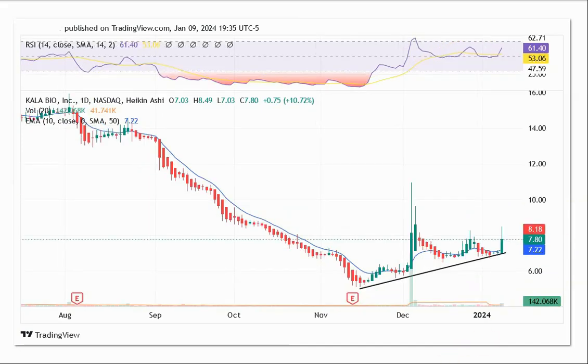Next is Kala Bio. KALA is the symbol. This stock came down from $16 all the way below $6, so a very big haircut in just a couple of months. We finally found some support here, and we've got an upward sloping movement in the stock. It bounced once before, again just before or at the end of December, and just today we've got a nice